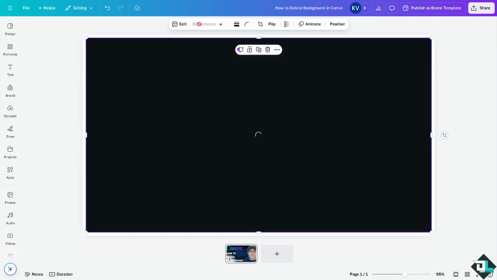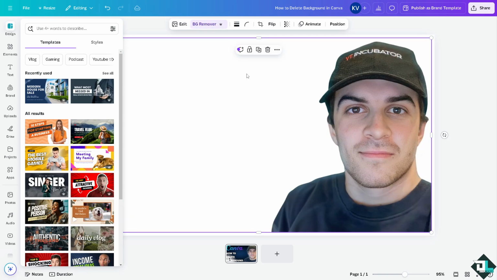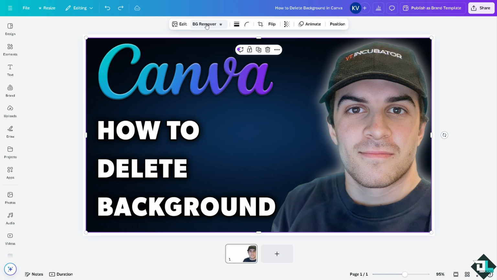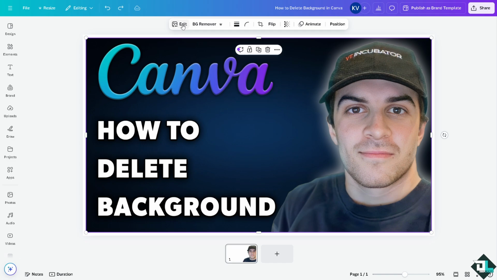Now, please take note that the background remover feature is only available to Canva Pro users. All right? You see, it's very easy. I'm gonna undo it right now by clicking undo or Control plus Z. If you click the background remover, it's totally magic. All right? Another option is click on the edit